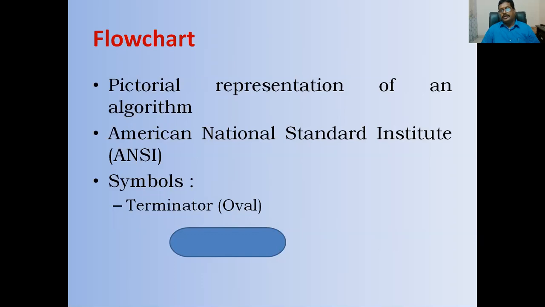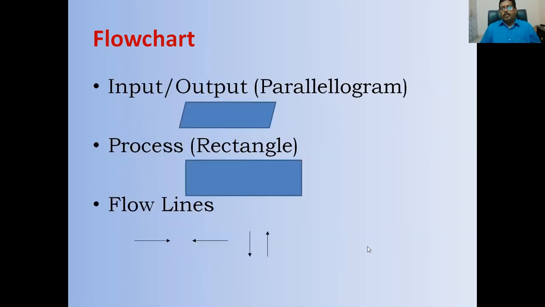The first one is the terminator. The terminator symbol is used at the beginning and end of the flowchart. For that, we use the oval shape. The next one: whatever the problem solution, we take some inputs, and it gives some outputs. For that input and output purpose, we use the